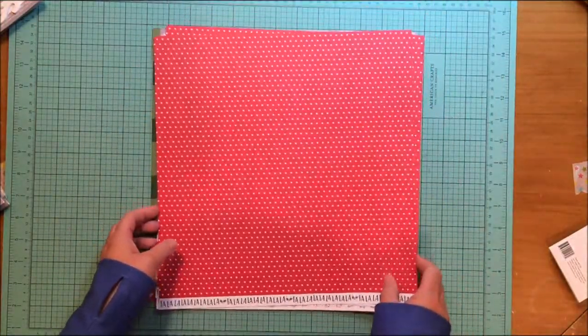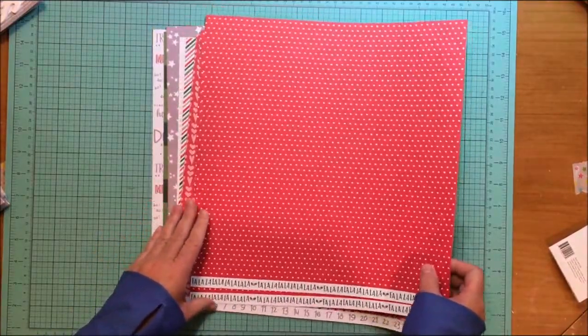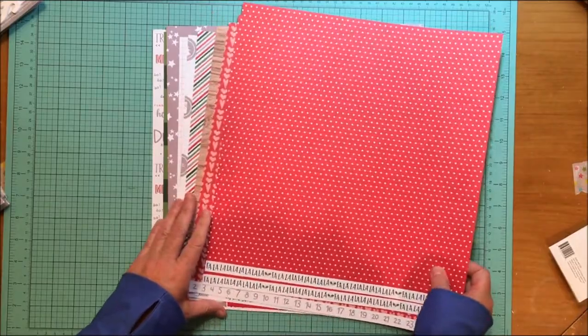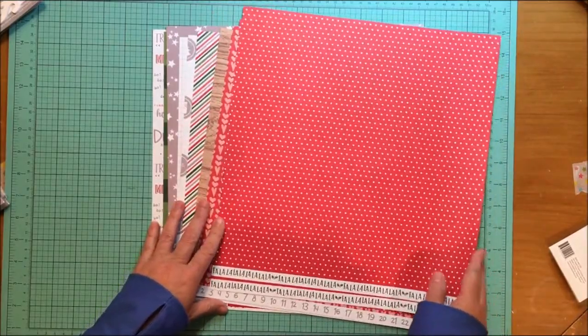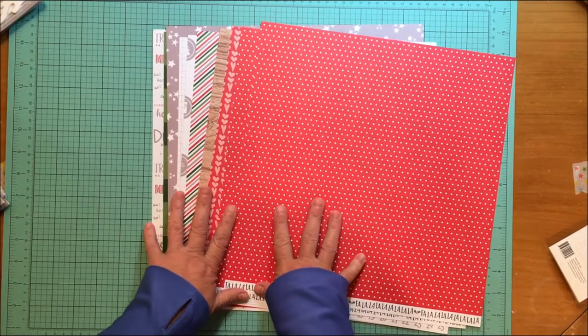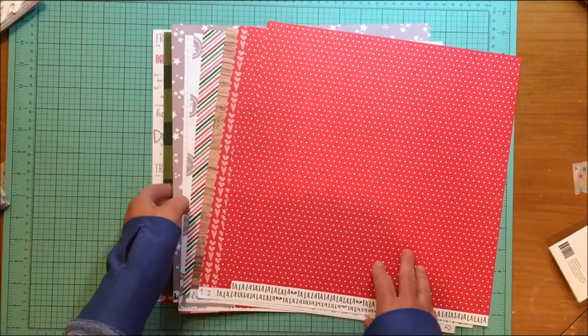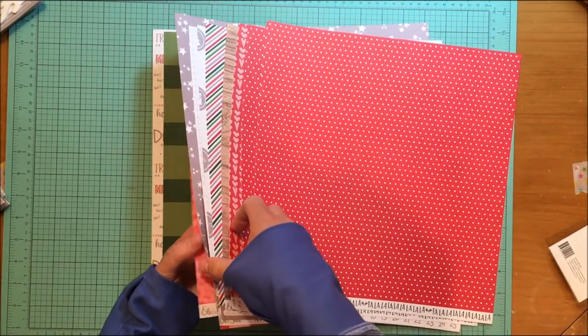So what I did is I just went to Elle's Studio and I bought a pack of this paper. Now that's not that much Christmas paper, but believe me, I don't need a ton. I already have a ton of Christmas paper, both from Elle's Studio and from other vendors. But these are kind of the colors that I'll be working with. And then I'm also going to use